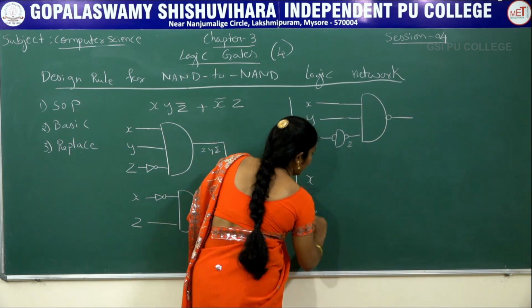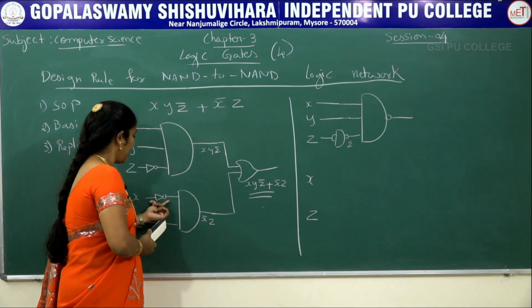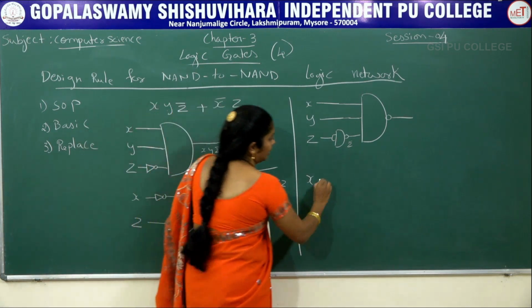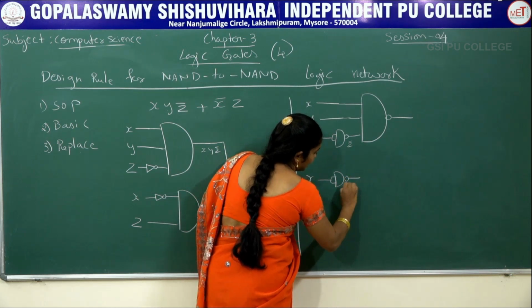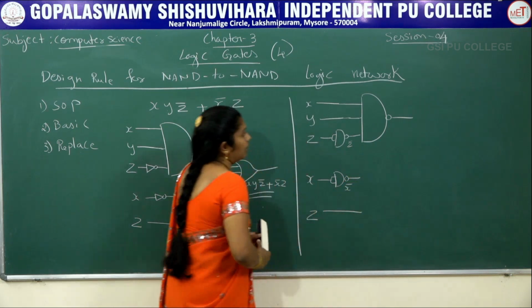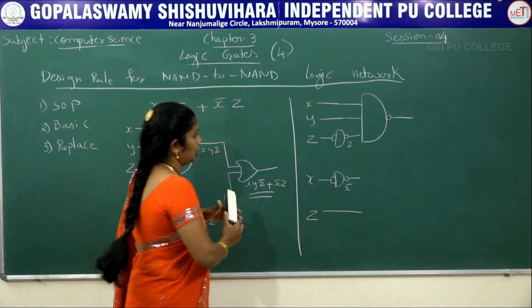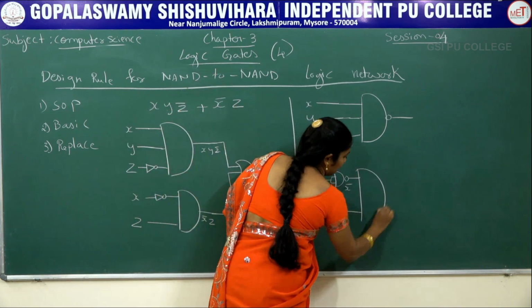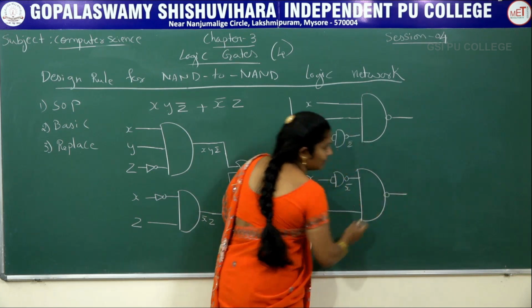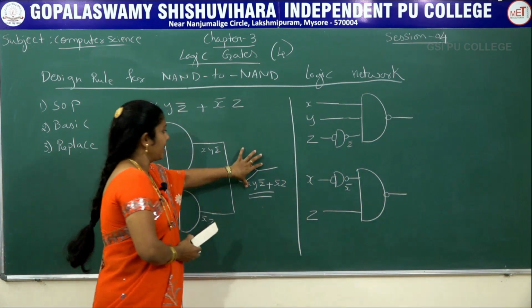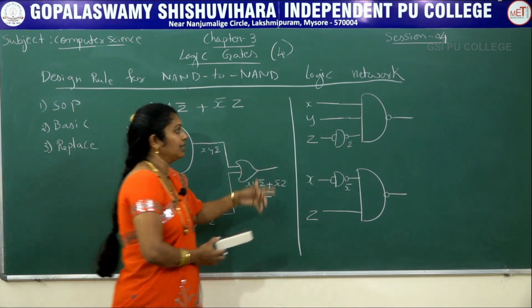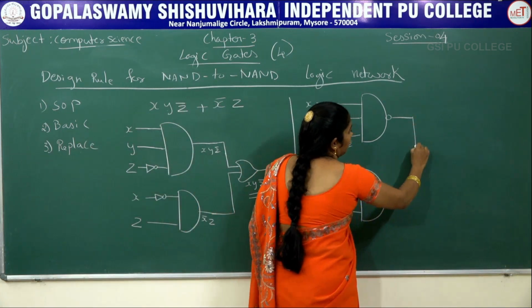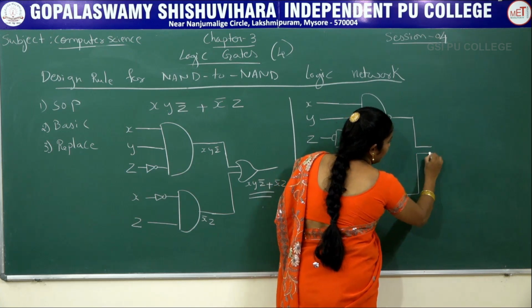X and Z we have, but here in the case X bar we require. Then NAND symbol only you have to write here. Here it is X bar. Then Z. But which is the shape you have to use? NAND shape. Then at the end circle and then one line. All this thing here is connected with OR operator, reverse C shape. But here what do I have to use? I have to use NAND symbol only.